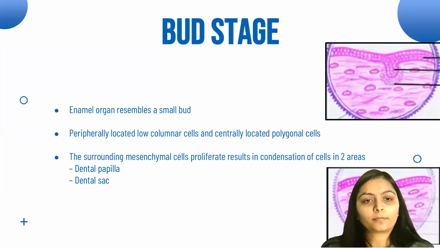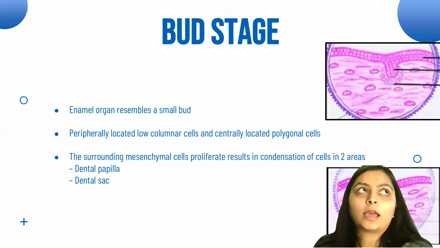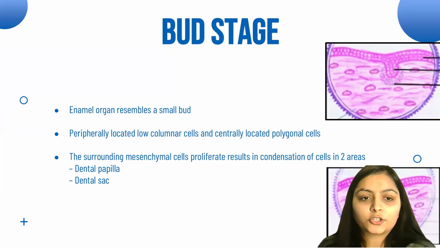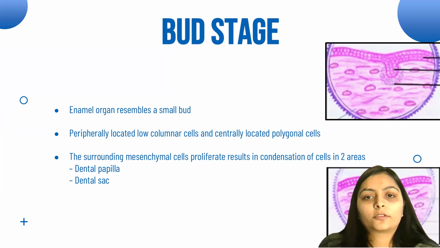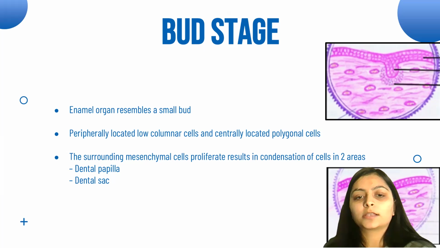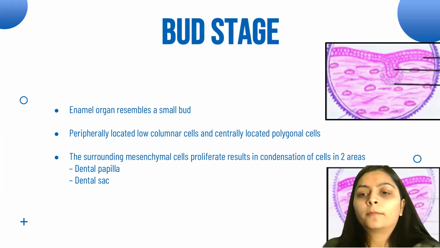Proliferation. In proliferation, we are going to see two stages, bud stage and cap stage. First, we will start with the bud stage. The enamel organ resembles a small bud-like projection, as we can appreciate in the picture I have shown in the